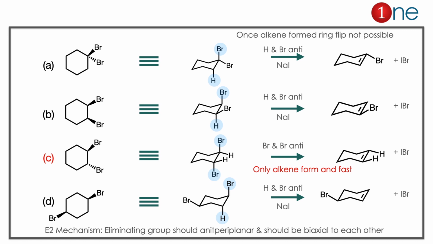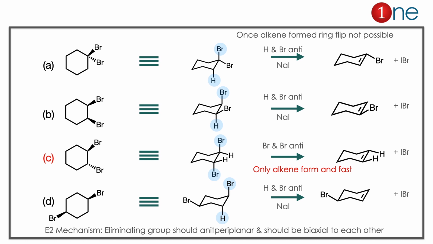In the second case you have the same: one bromine is equatorial, the HBr eliminates, and again you have an alkene bromide. The C has perfect diaxial bromines; one leaves and you have only the alkene, which is the desired answer. In the other case, one bromine is diaxial with hydrogen, so it forms an alkene bromide. So only the answer C gives the desired alkene, which should be quicker because the bromines are anti to each other. So the answer is clearly C.